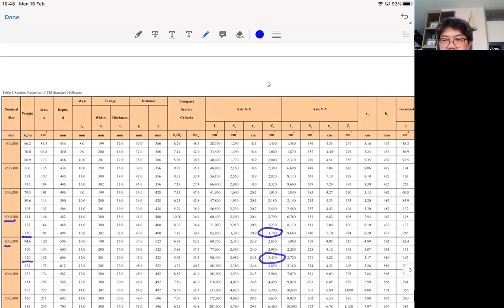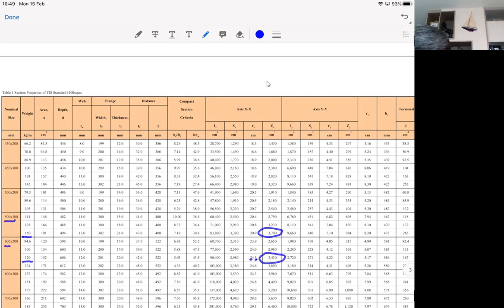So you see, in this case, it is pretty clear that 600 by 200 by 120 is a much better option than 500 by 300 by 150. Because not only is it lighter, but it is also deeper. So if you move